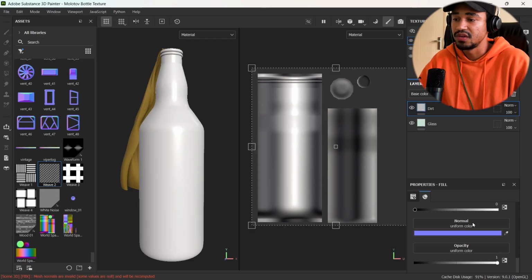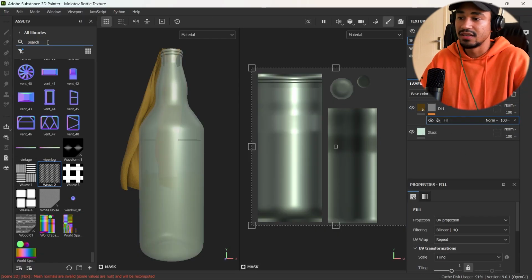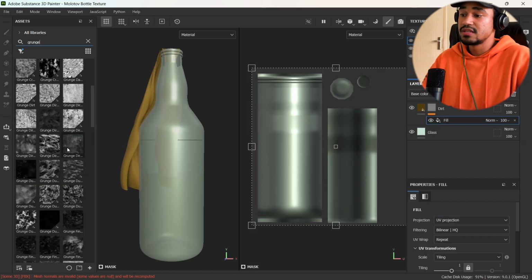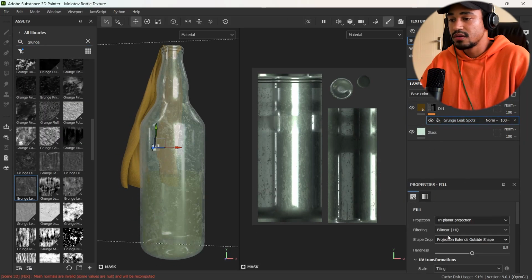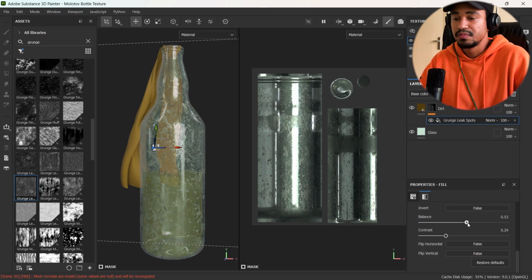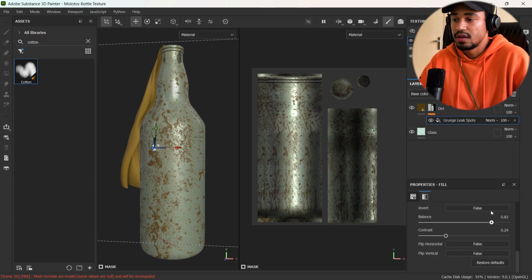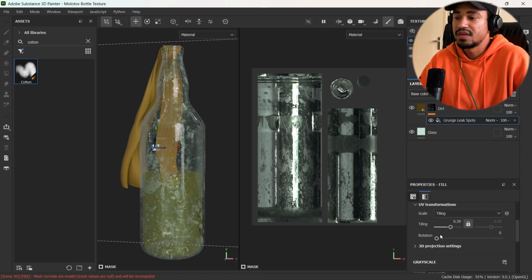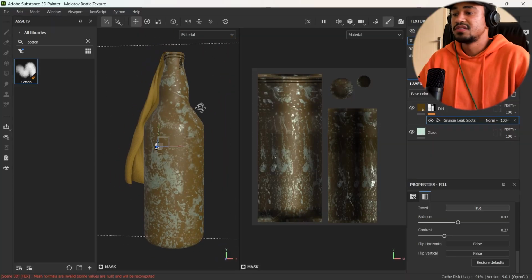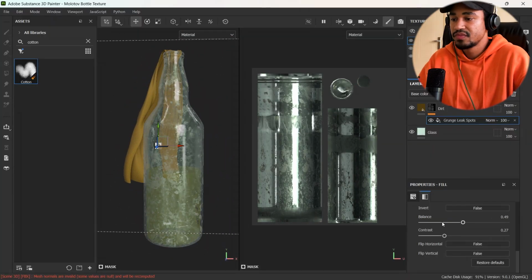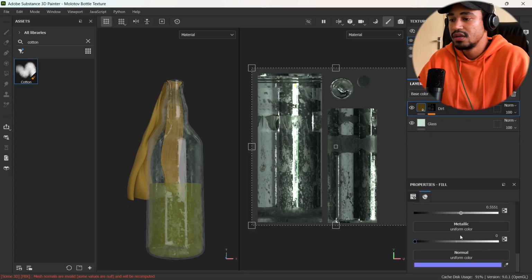Adding some fine tuning now to the bottle, and now I'm adding dirt onto the bottle, because this is a post-apocalyptic game, and it is also a post-apocalyptic bottle, so it needs to look like it was picked up somewhere, but it's been laying in the dirt for some time, and it was just picked up and repurposed as a Molotov cocktail. So yeah, I'm going through some dirt maps and just making it look very grimy,